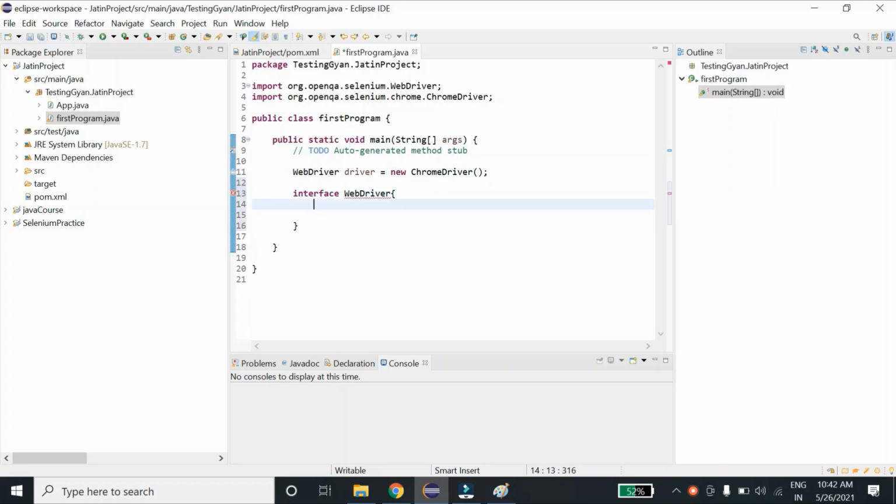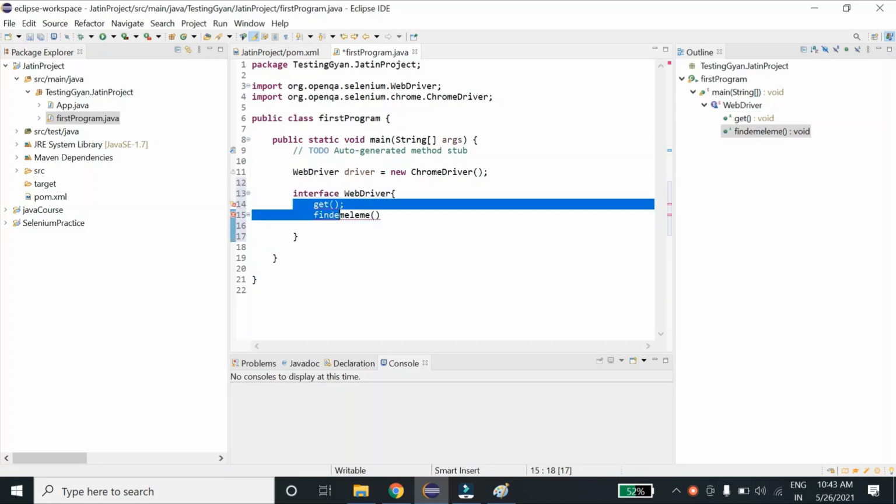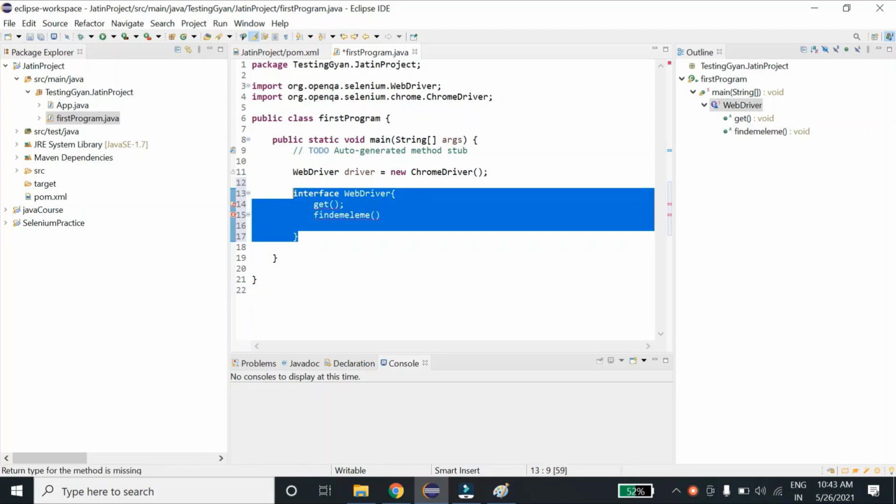So they have defined this get method. I am not concentrating yet on syntax, but I am just letting you know that they have defined a couple of methods over here without any body, or find element, or many other methods you can think of. And it is up to these classes, this Chrome driver or Firefox driver or IE driver, how they want to implement it. So now when these classes implement this WebDriver interface, they have to define all the methods which are defined over here. That is the functionality if you implement an interface in a class.